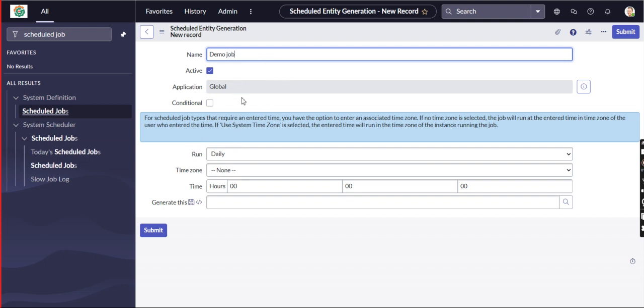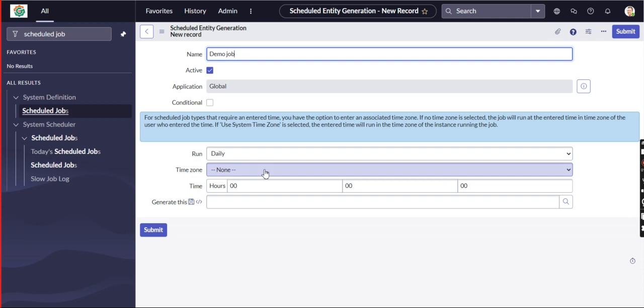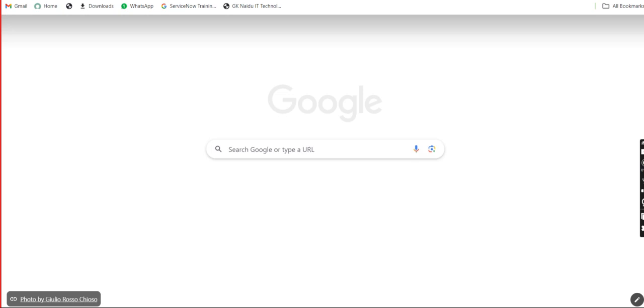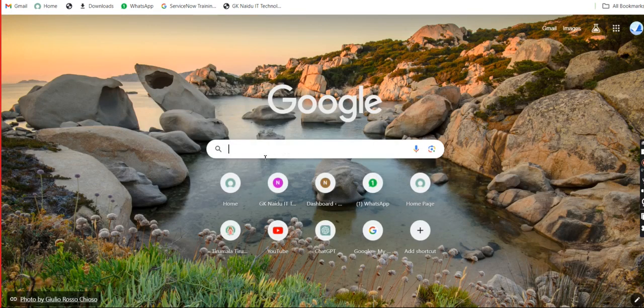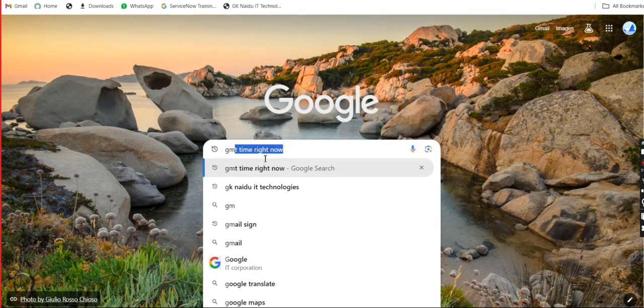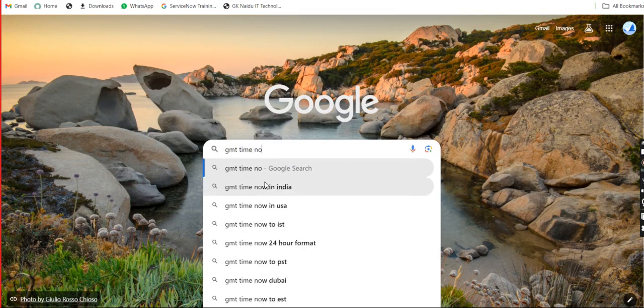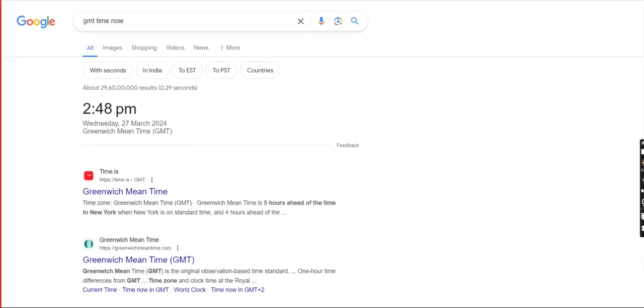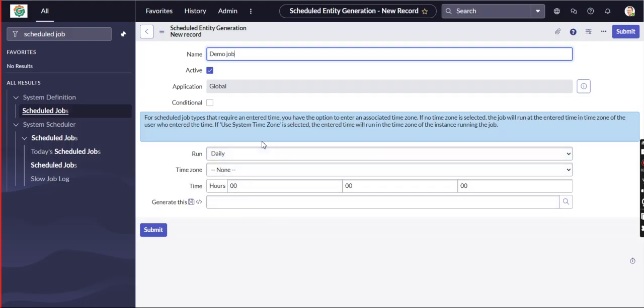Application global. For scheduled jobs that require an entered time, you have the option to enter the associated time zone. So let me take the GMT time now, 2:48 p.m.